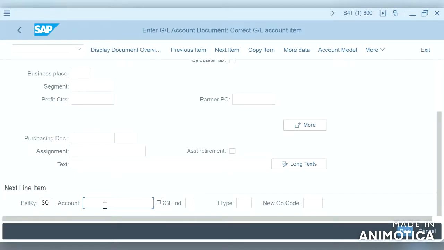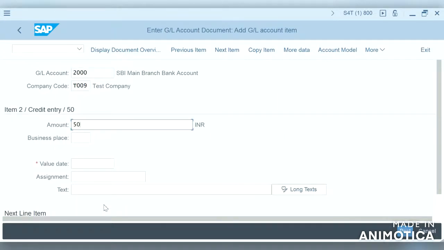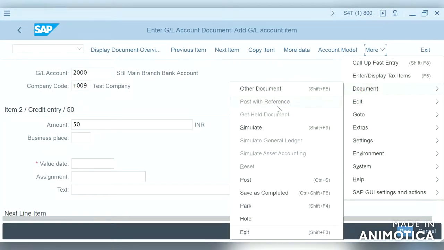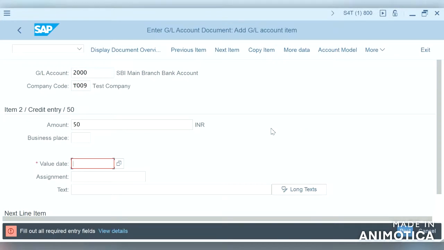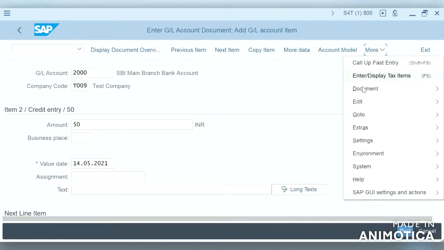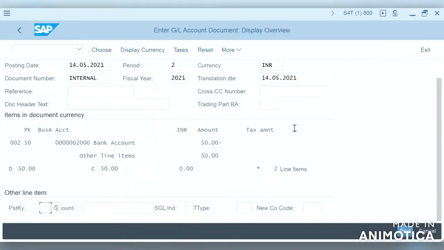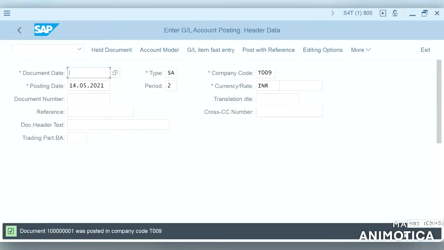So here we will give this one and give 50, and document simulate. We'll give the value date and simulate, and you can see it is posted. Before, it had given us the error item category. Now it got posted.